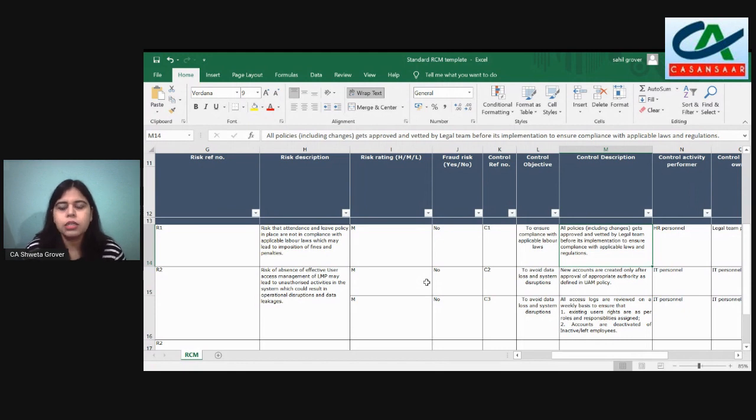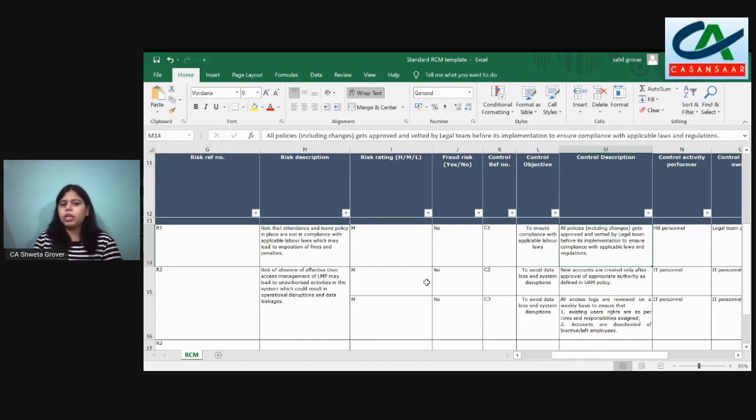Your testing point is the testing of the control process, and here the control process is whether the legal team is vetting or not, and whether that control process is appropriate or not. How will you check the appropriateness? You have to check whether the legal team is competent to ensure that the laws and regulations applicable to that particular industry can be vetted by them. They are given proper training for that. So that could be your testing points.